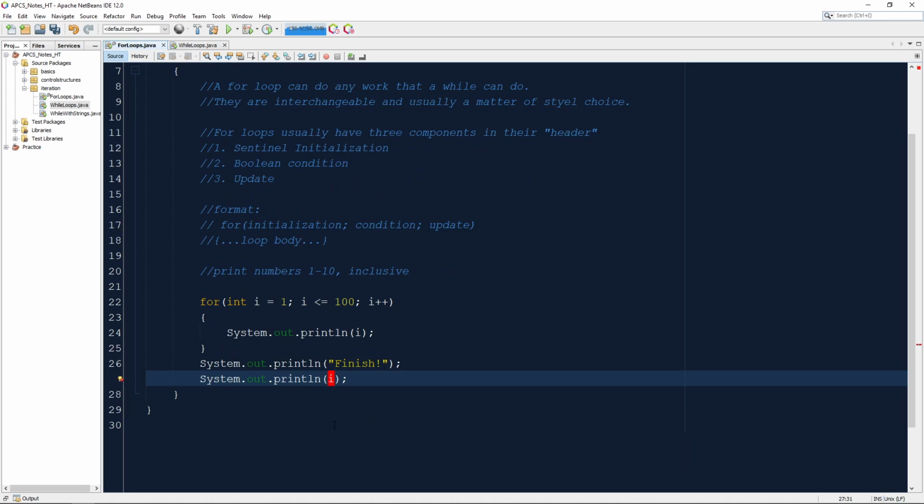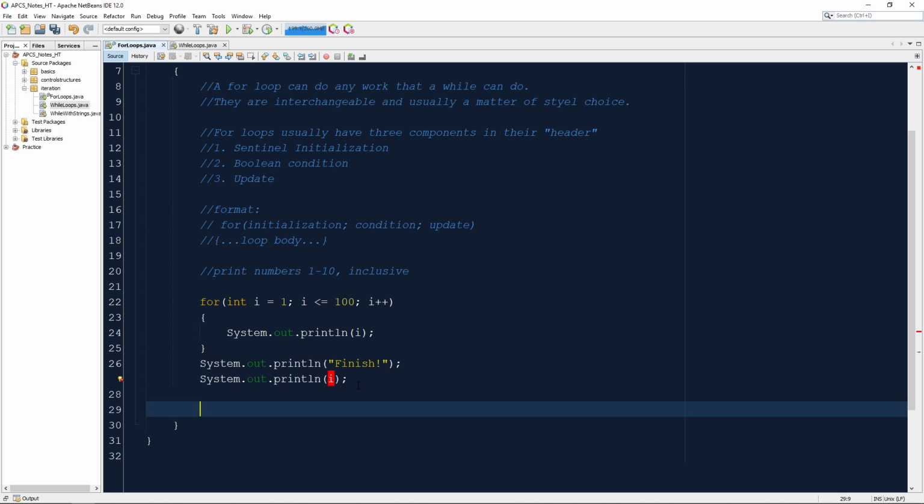So now let's do another example, and we'll just try one quickly that goes backwards. The idea is the same concept. And this is actually where a for loop I think kind of shines, since if we know how many times we want to loop, then a for loop tends to be easier to write than a while loop. They're basically the same, but in my opinion, they're a little bit less tedious to write. So I want to print numbers 100 to 1,